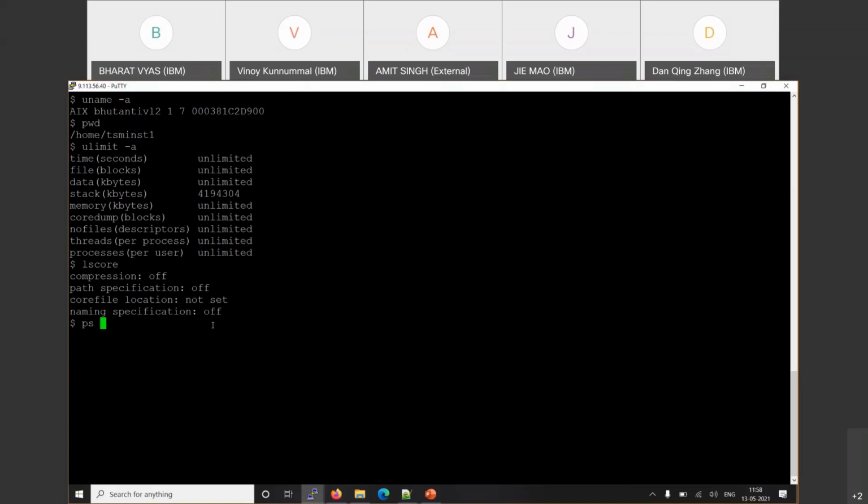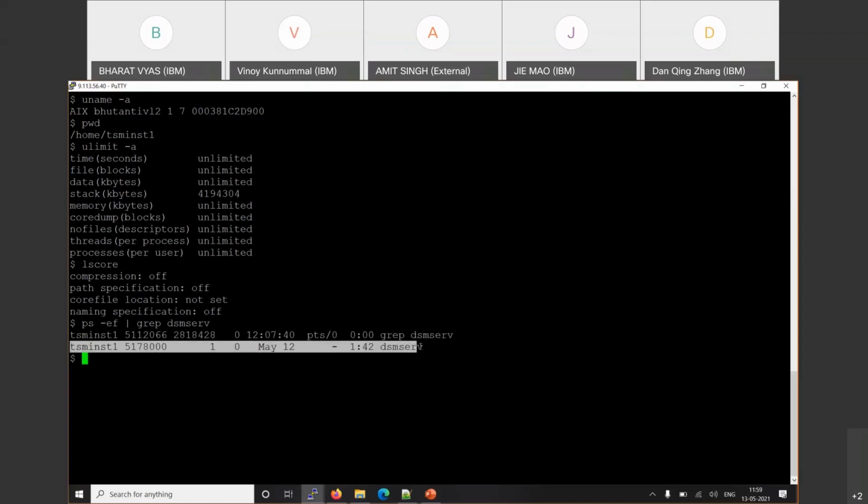Let me first check whether my server is running or not. I will run the ps -ef command and it shows me that my TSM server is running. Because I need to generate a core dump file. In your case, you should not, because maybe the Spectrum Protect server will crash automatically, so it will generate the core dump automatically. But in my case, for demo purposes, I am running the kill -11 command to generate a core dump file.